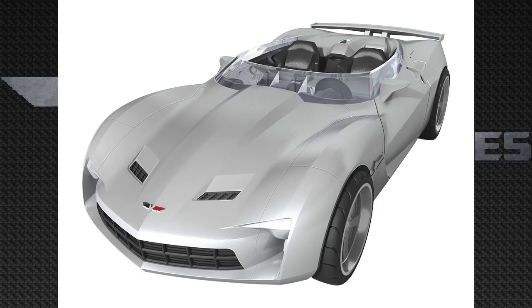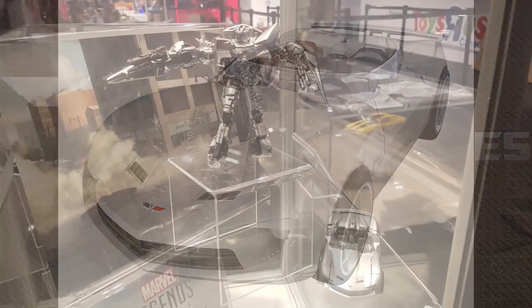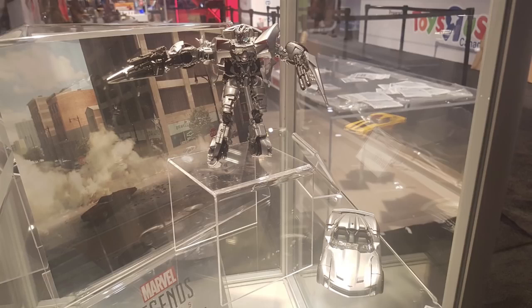And honestly, this whole thing doesn't really have that much panel line. You can kind of see it faint, but it hides it really well. But that could be just because it is a CGI image, and it may be different once we do get it in box. Now here is an in-hand version of Sideswipe, and we can see that his backdrop is the